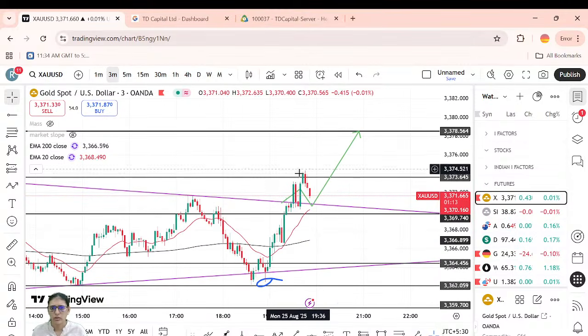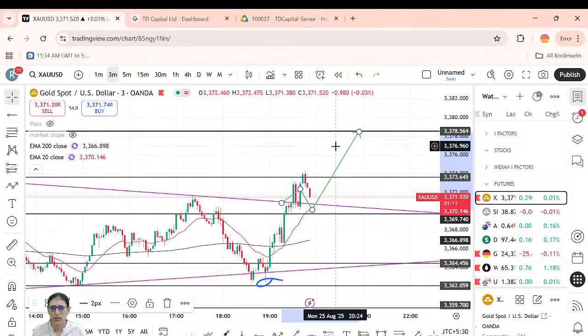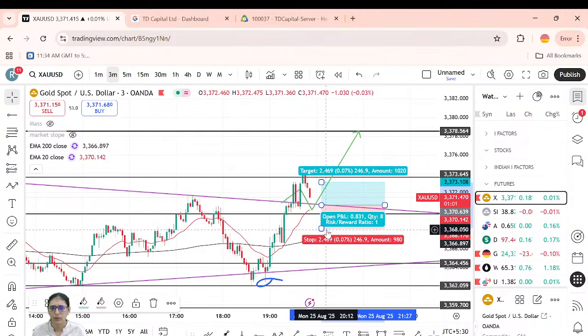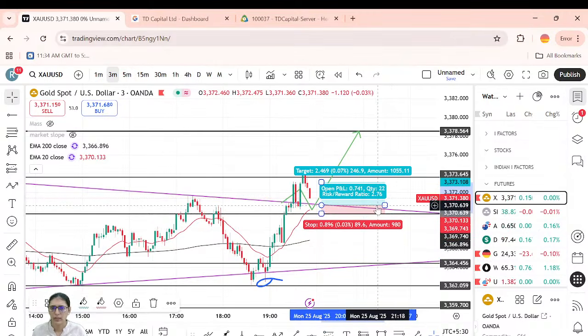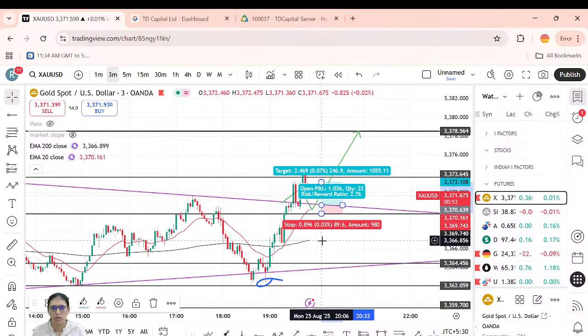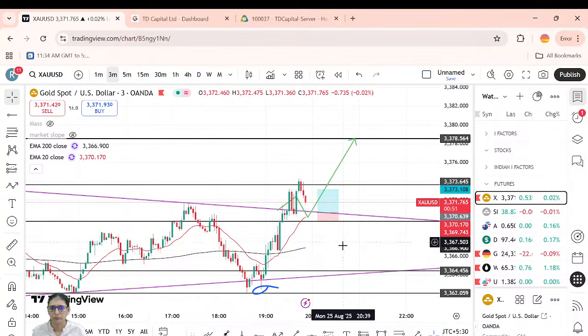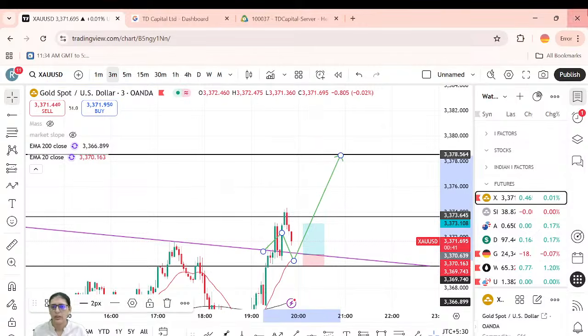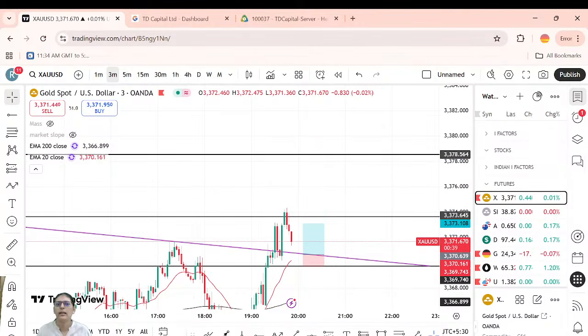If you make an entry, we should take the entry from here, right? Plan your entry from here. If it comes here, then this will be our SL. Do not give more SL than this, because if it falls down from here, it will come till here. If it starts falling down from this level, right, it will come down till here. So it's better that you do not take that risk.